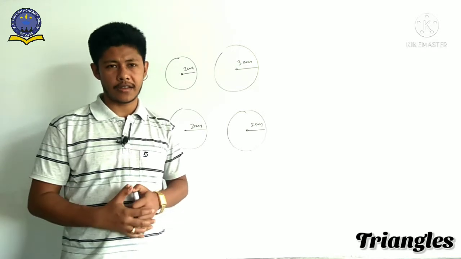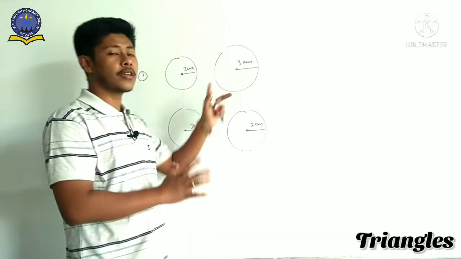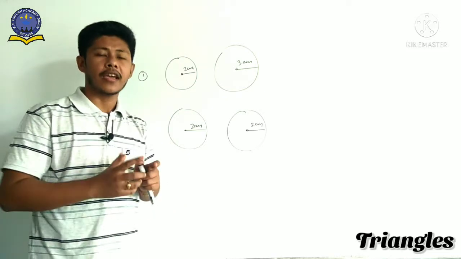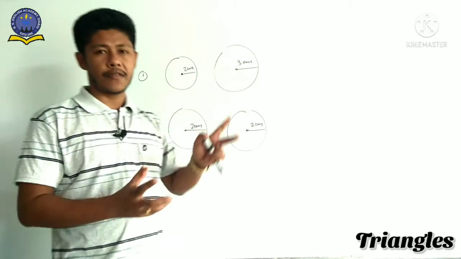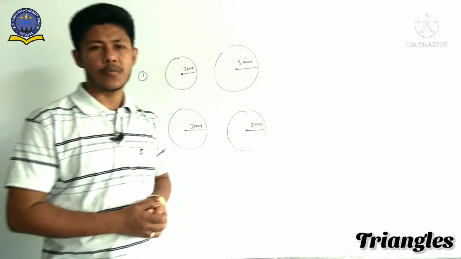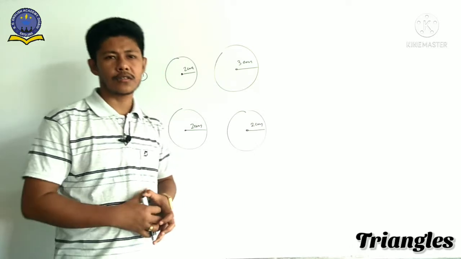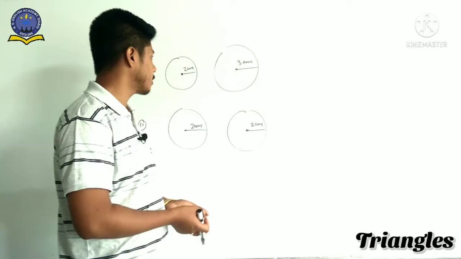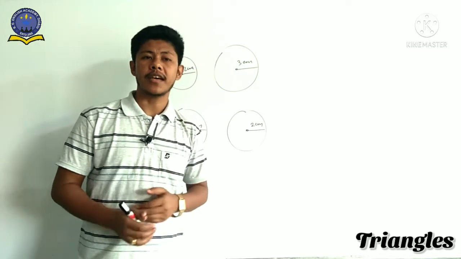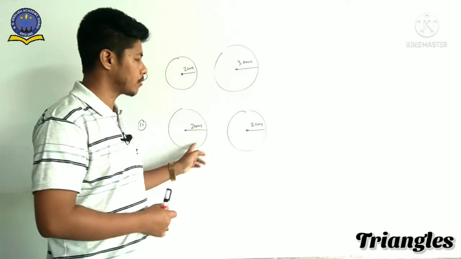In class 10 we discuss this type of figures, where shapes are the same but sizes are different, and these are known as similar figures. Is it clear? These two are congruent and these two figures are known as similar. So from here we can easily say the definition of similar figures. Similar figures means where shapes are the same but sizes are different. So this one is an example of a similar figure and this one is congruent.